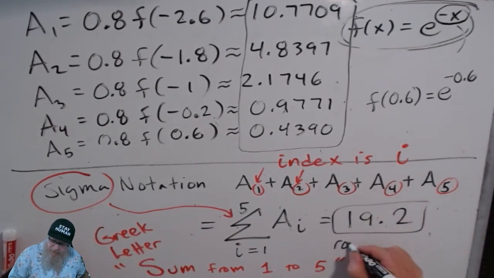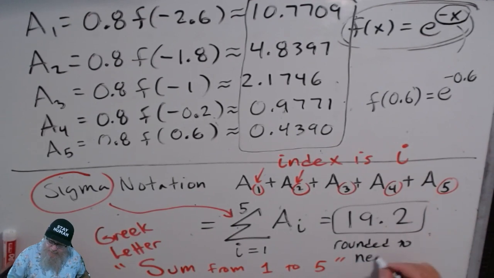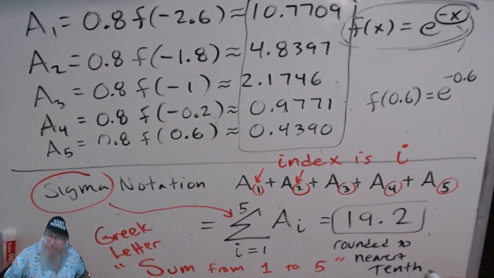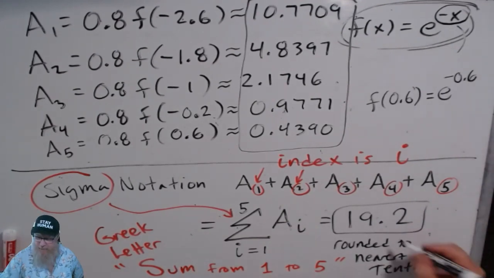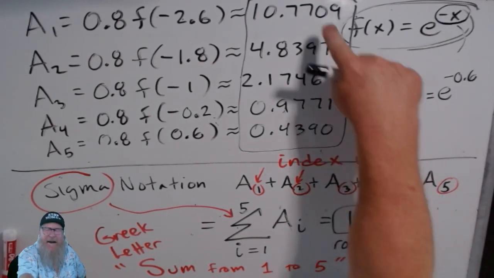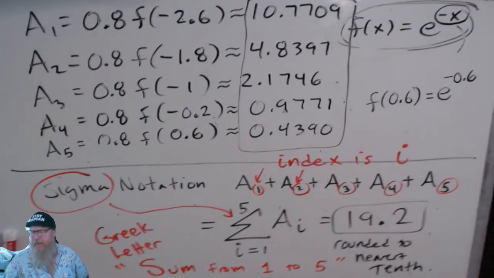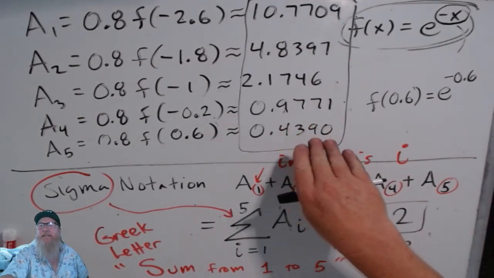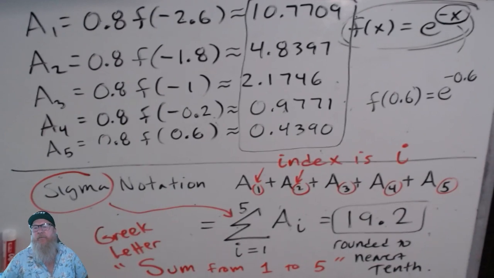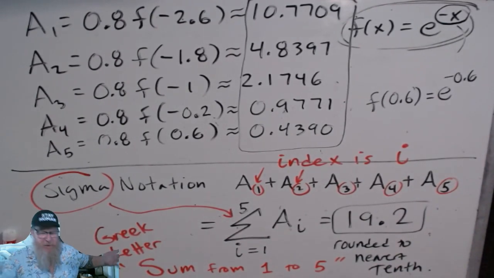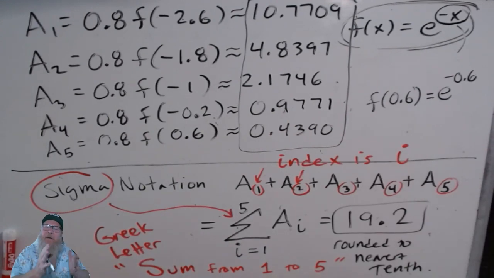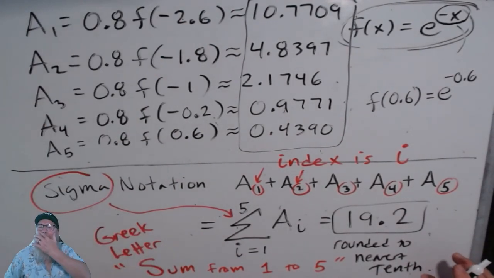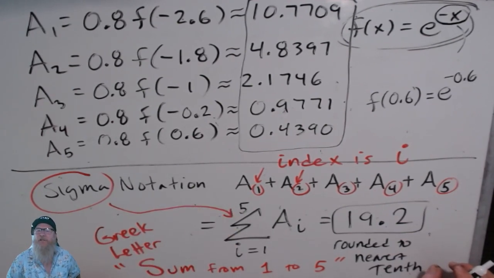19.2 rounded to the nearest tenth, or as directed by the problem. When in doubt, do 4 decimal places, and then you could always back up if you need less. If you don't have enough decimal places and you find out you needed them, you're going to have to start all over again. That's a real bummer. It's better to overestimate, and then you could always back up if you need to. All right, so that is your midpoint rule and a very brief introduction to sigma notation, which I will summarize